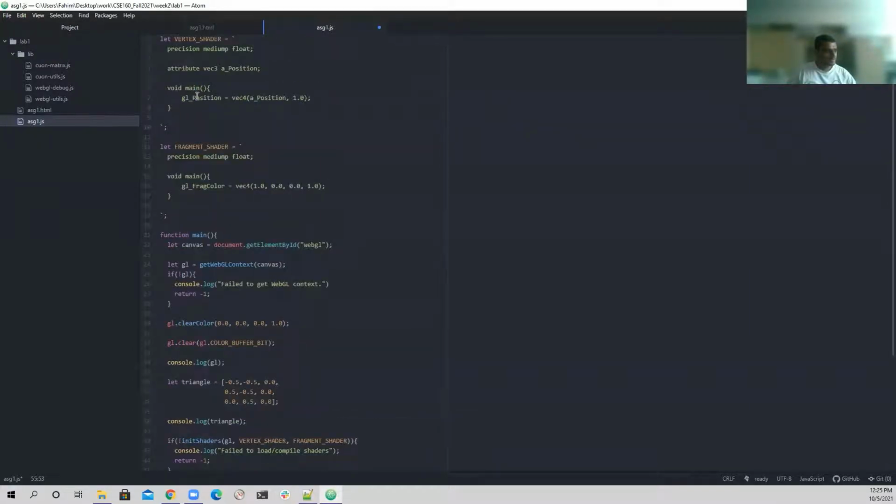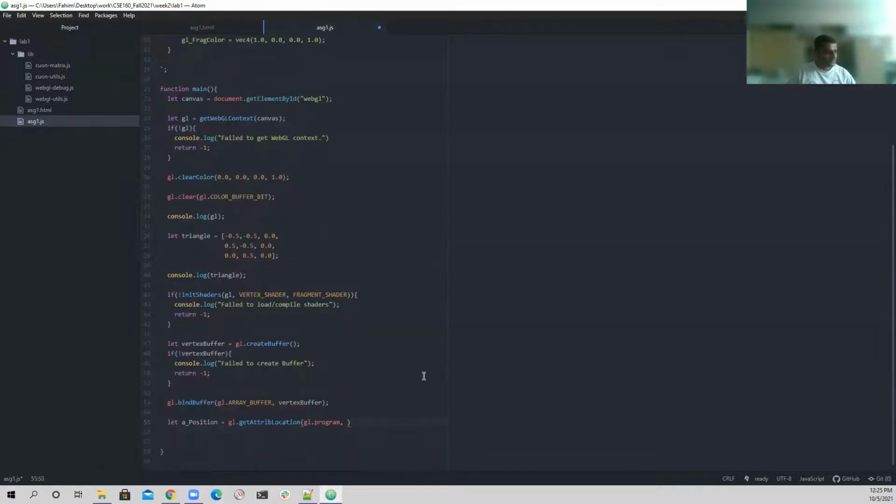Just to make sure this is capital. So I'm going to copy the whole thing here. And then I'm going to tell the function that this is the name of the variable that I'm going to use. Okay. And then